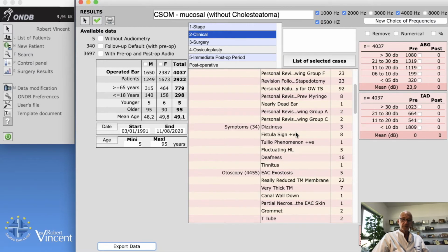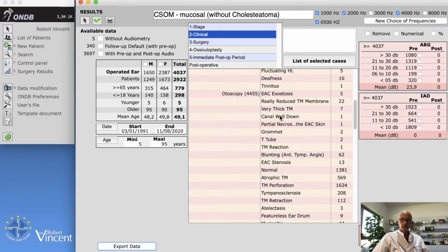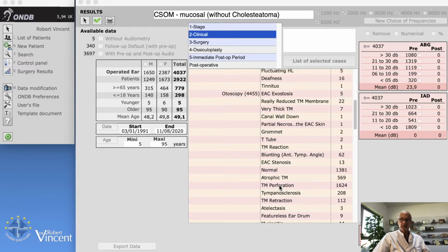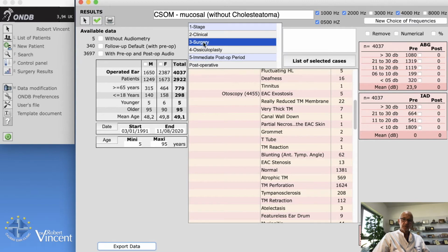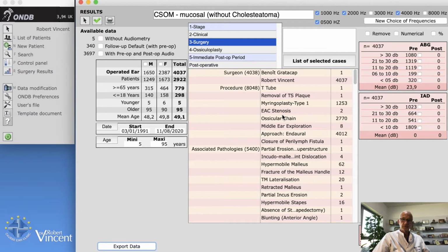Specifically, for example, if we go to the clinical things, we can check about the otoscopy, if we have or if we don't have tympanosclerosis or tympanic membrane perforation, etc. Each line, as you remember, could be studied completely separately. If I click on the tab number 3, which is related to surgical points, surgical items,